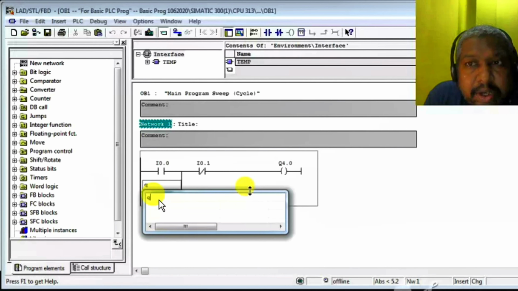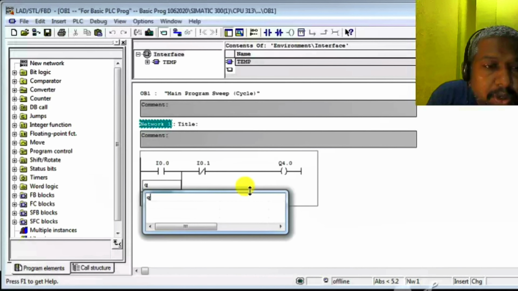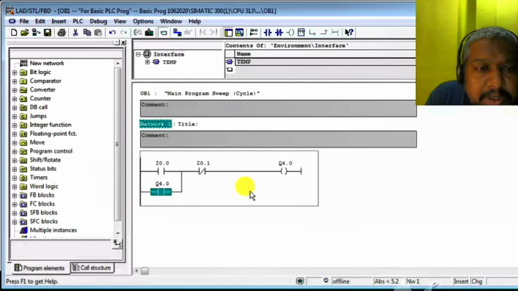This holding contact has the same address as the output, that is, Q 4.0 is the address of the coil, and the same address is used for this holding contact. Look at Q 4.0, that means we have used the same address on the left side, but not as a coil.